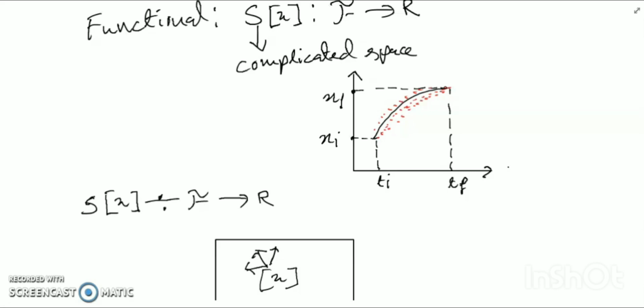These are the neighboring paths. Those neighboring paths, if you want to classify how they are different, can differ from the original path in an infinite number of ways, because at each point you have a degree of freedom of modifying the curve.